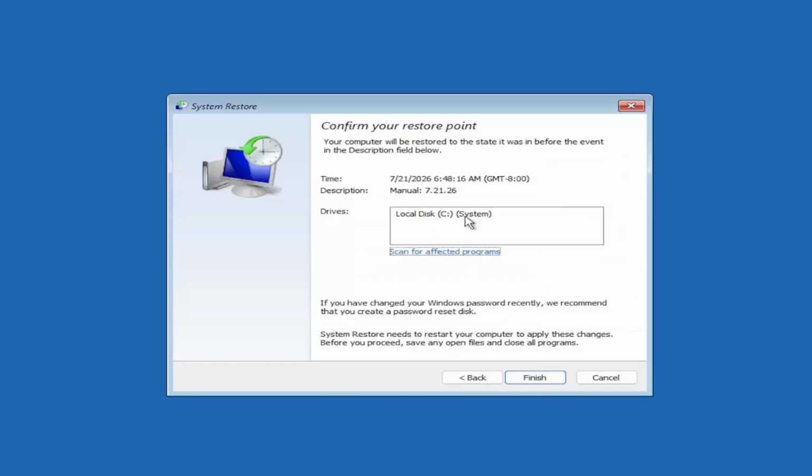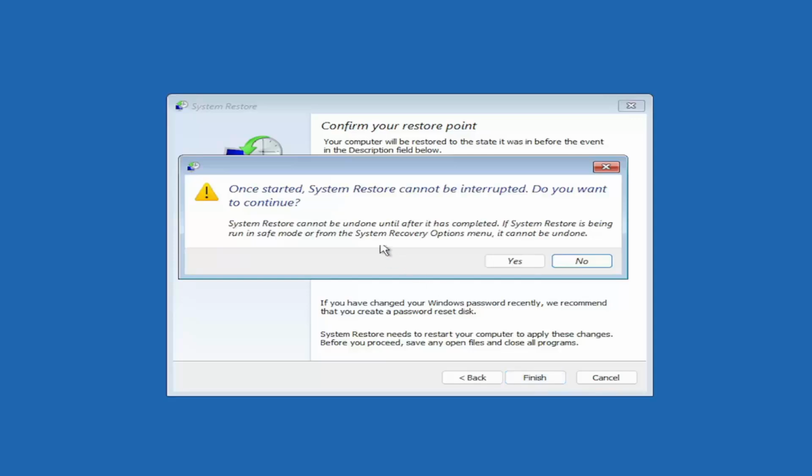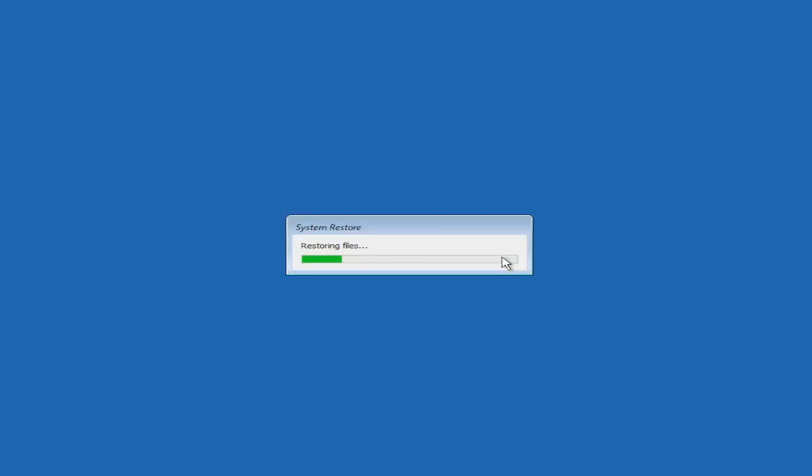You shouldn't actually have to select the drive. You can scan for affected programs, but we're going to keep it all default here, and then we're going to select finish. Once started, system restore cannot be interrupted. Do you want to continue? I think we're going to select yes. I don't think we have anything better to do on our computer right now,